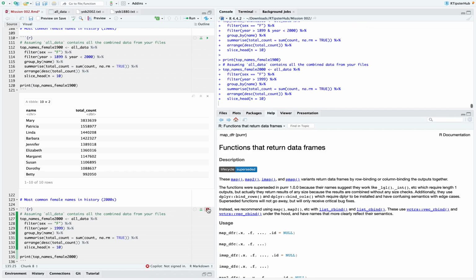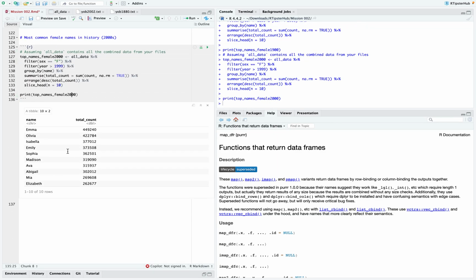And that becomes, all right, it's Emma, Olivia, Isabella, Emily. So these kinds of names have been increasing in frequency in the 2000s. Interesting. And probably we'll just do a last one for